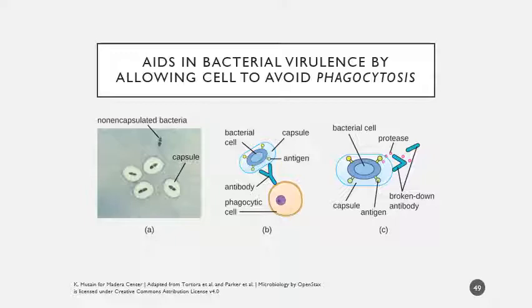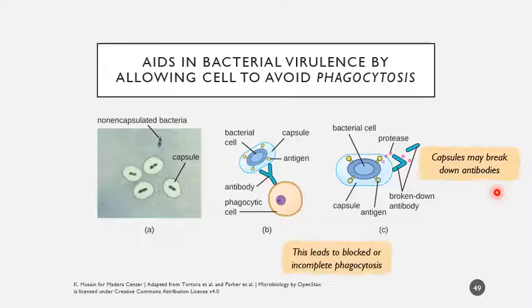Sometimes it can release protease to break down those antibodies, or it might just keep the cell hidden. That breaking down, or at least lack of interaction between antigen and antibody, leads to either blocked or just incomplete